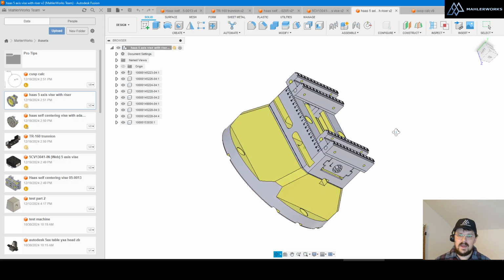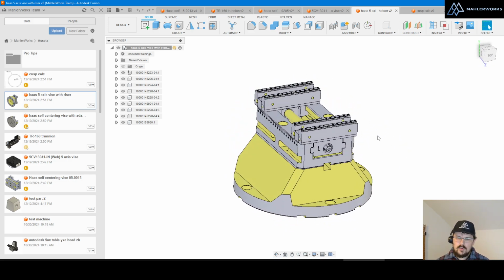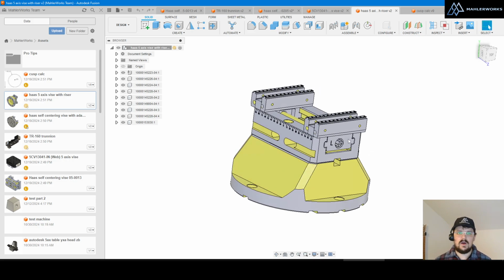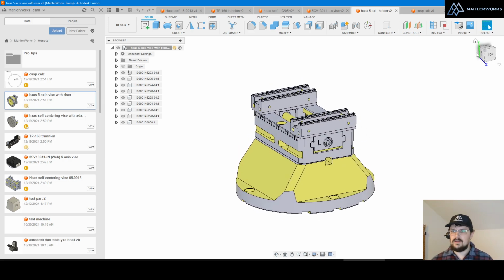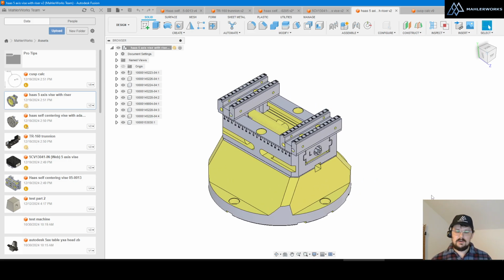and we're going to navigate to the view or the angle that we want. We want this to show up in our data panel as we're seeing it. So I'm going to navigate maybe to here, and Fusion uses your home view as the picture that it uses on a file in your data panel. So all we have to do is navigate to the view that we like, that we want it to display as. We're going to right-click over here on our view cube and say Set Current View as Home,